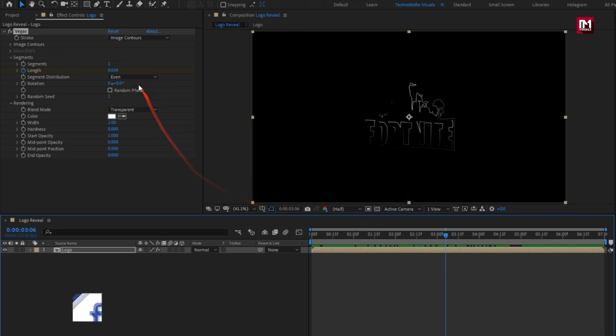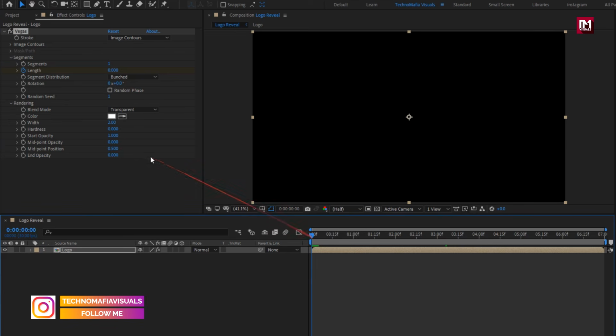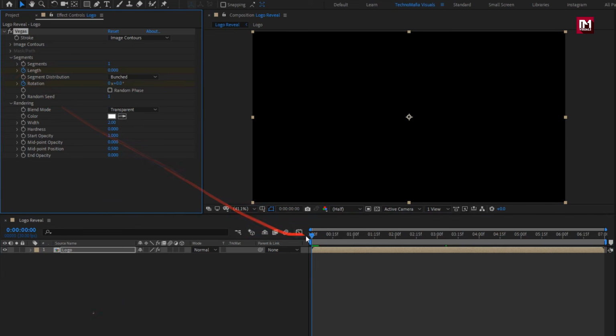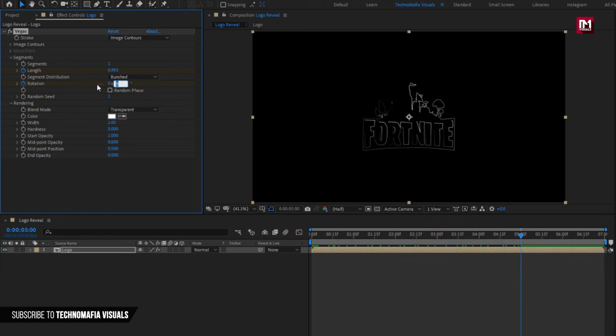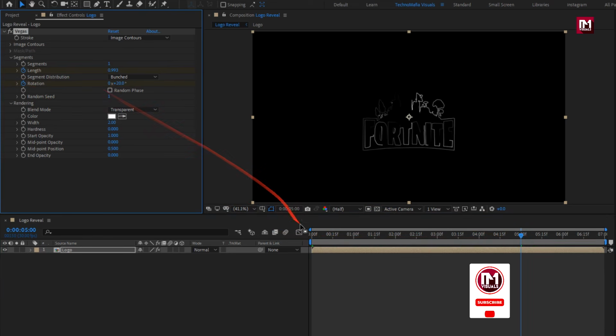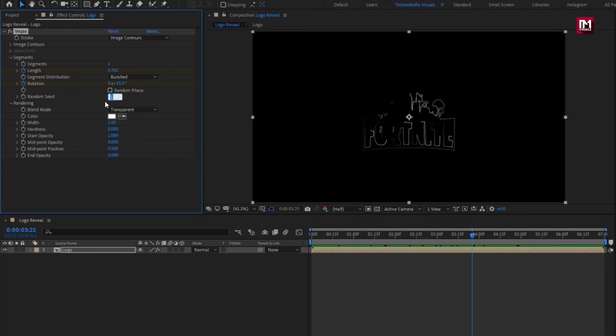Set segment distribution to bunched. Now at start, create keyframe for rotation. Now at 5 seconds, set rotation to 20 degree. Set random seed to 15. Set width to 3. Set hardness to